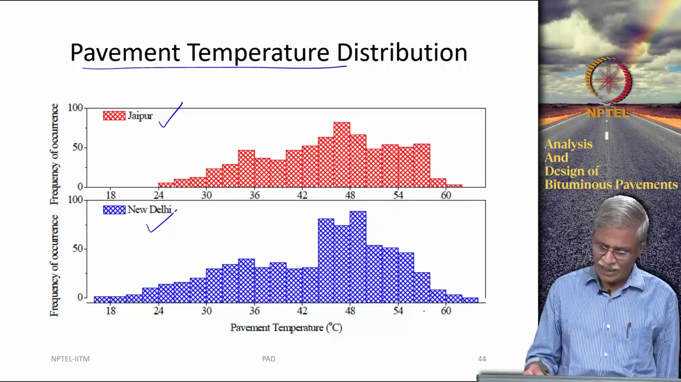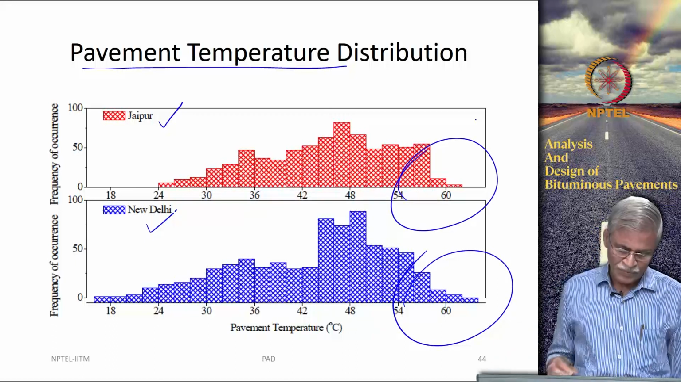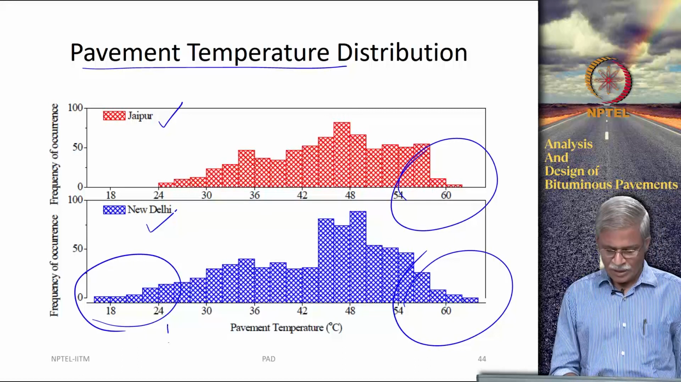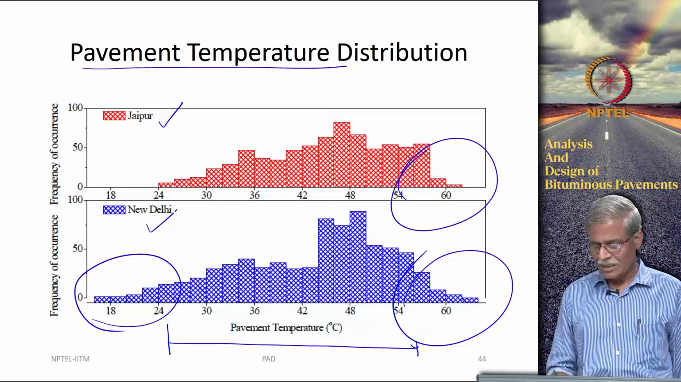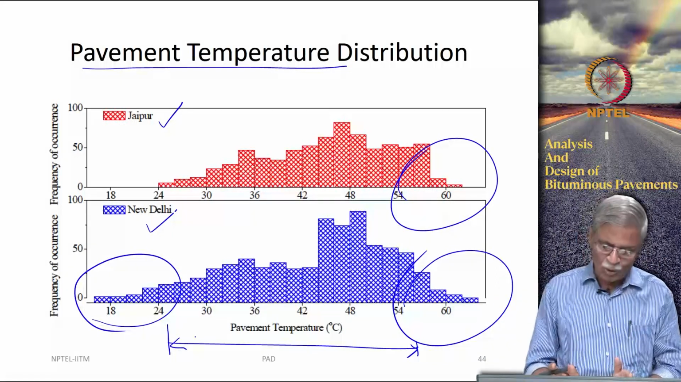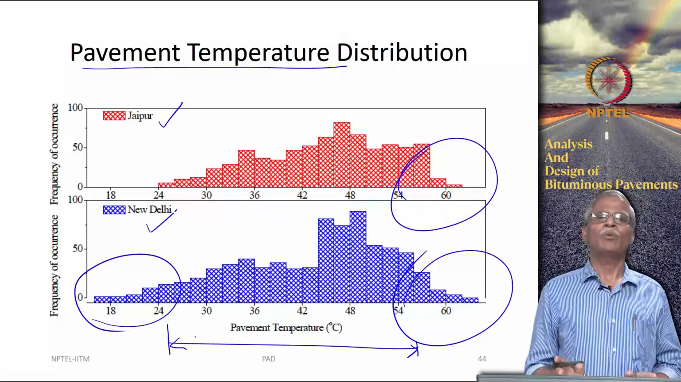So, what is critical here? The critical here is this portion. The critical here similarly is this portion. This is not really a critical region, but the number of degree days that you are going to see here is going to be more here, but